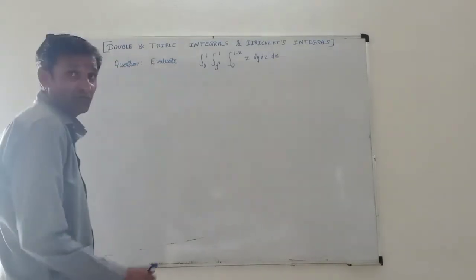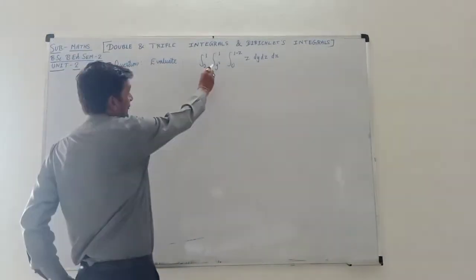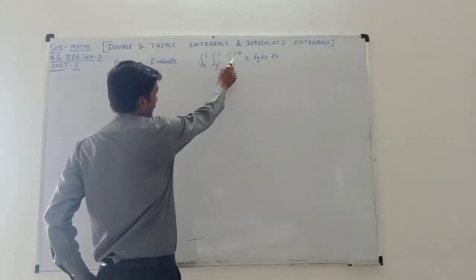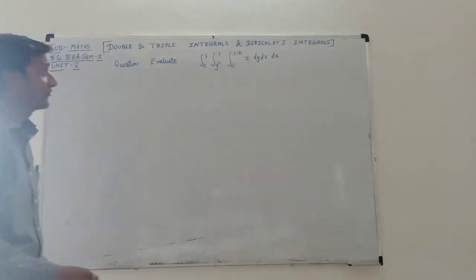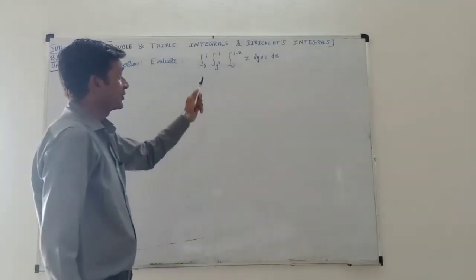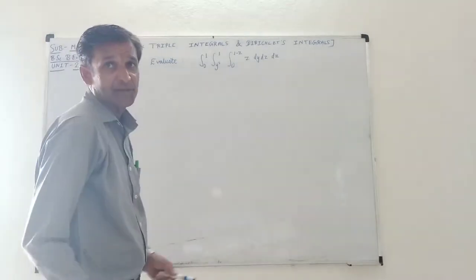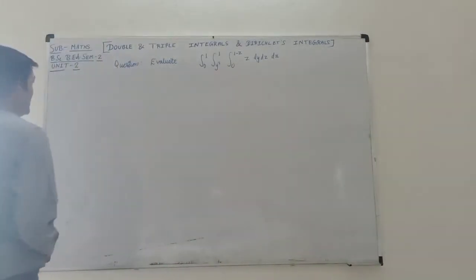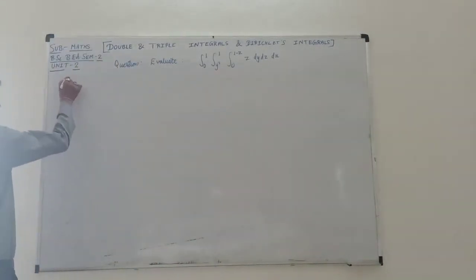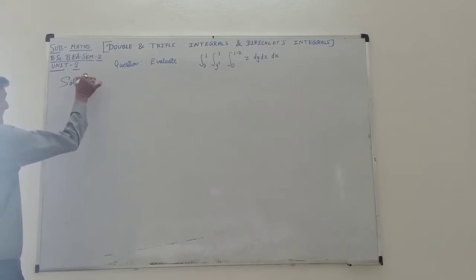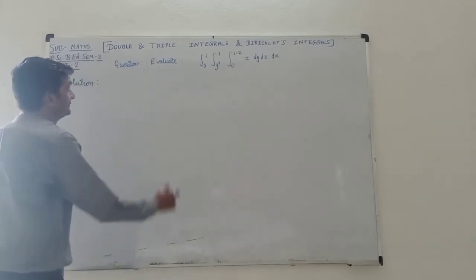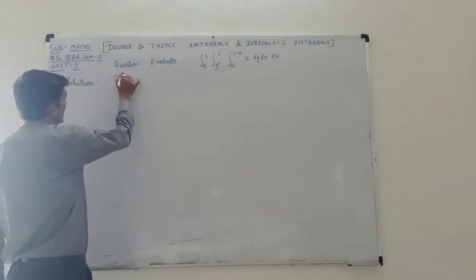Evaluate integration from 0 to 1, integration from y square to 1, integration from 0 to 1 minus z of z with respect to y, with respect to z and with respect to x. This we have to discuss. So in solution, here the given integral